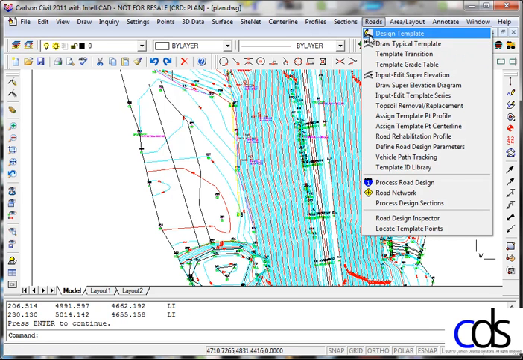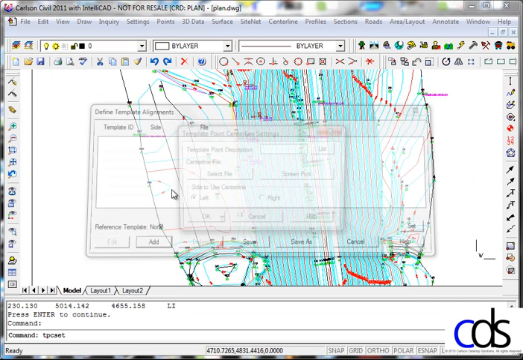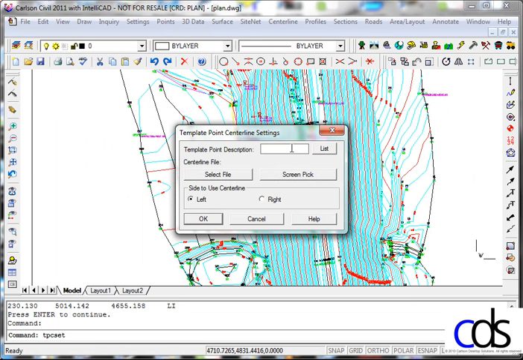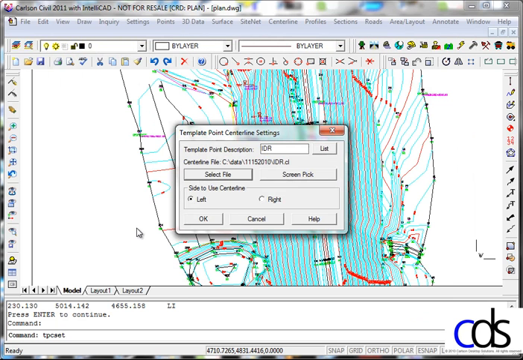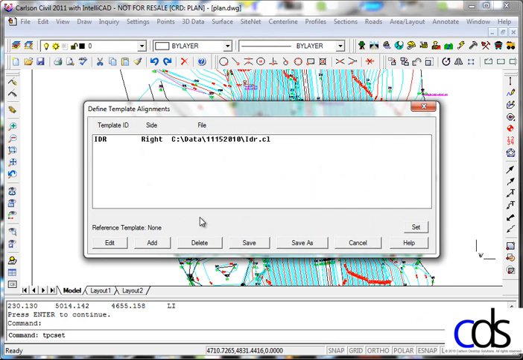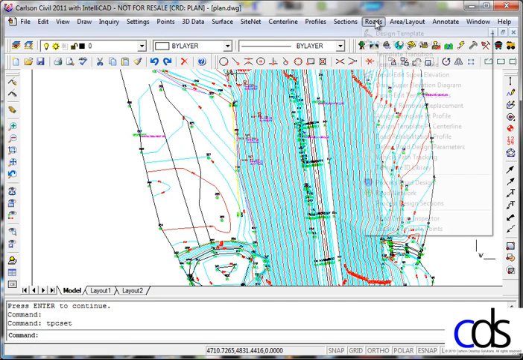Now in the road menu, we need to assign template points either on a center line or on a profile. So if I wanted to control the vertical, I would do a profile. I'm doing the horizontal, so I want to do a center line. I'm going to add inside ditch right, and it's going to follow my inside ditch right center line. The right side of the template will use that, and there we go. We can save that, and we can say roads,